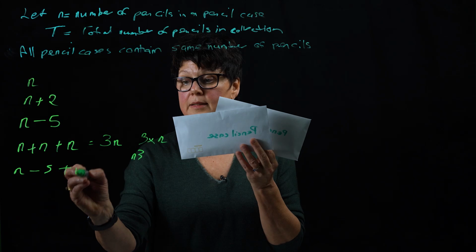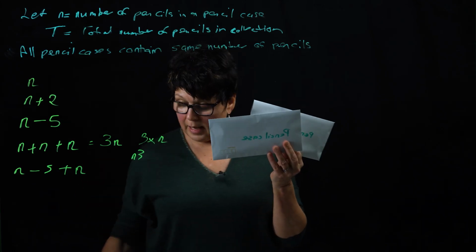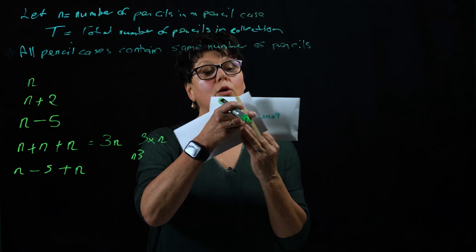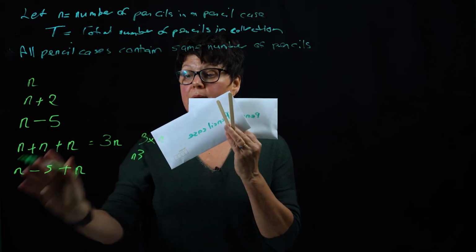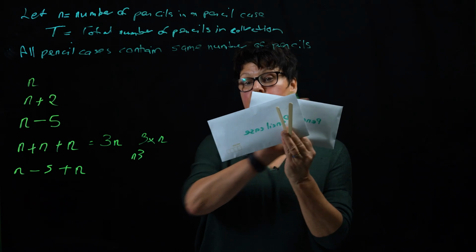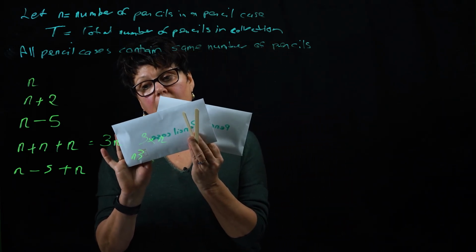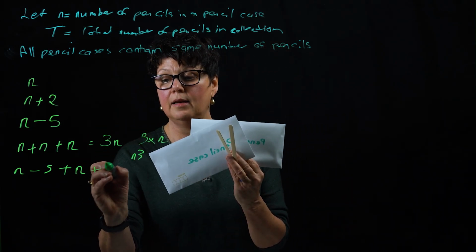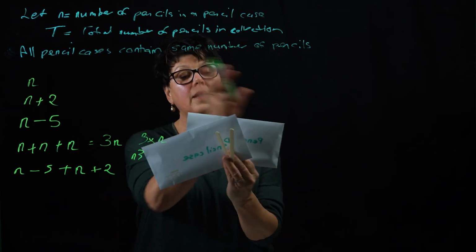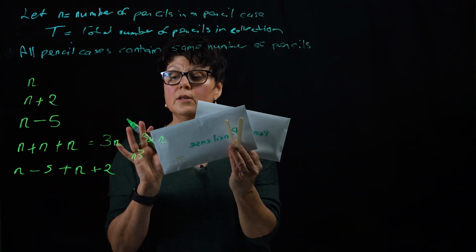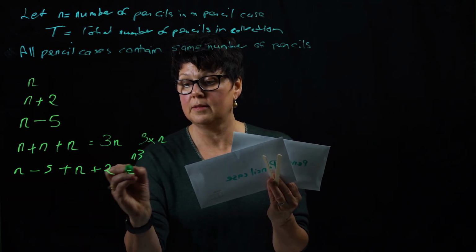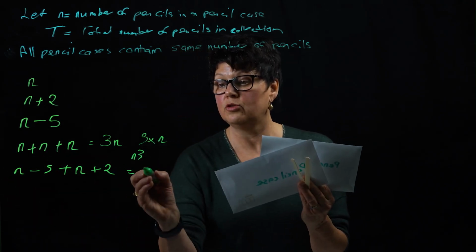You write plus n. And then I'm going to pick up 2 additional pencils. So all in all, I've started with a pencil case, taken 5 pencils out of this one, added another pencil case, and then 2 more. So that is the expression that corresponds to that set of actions. And we can then simplify this to, we have 2n,